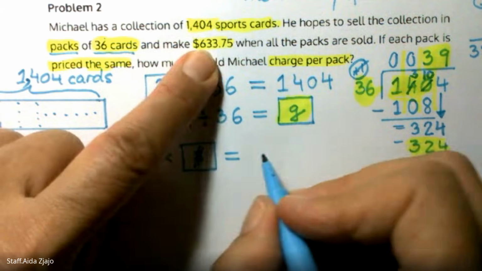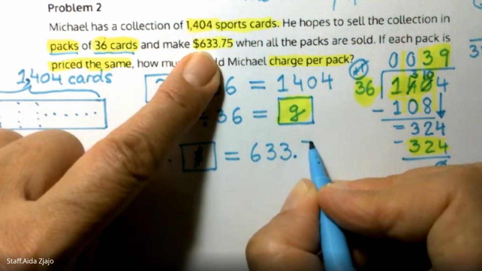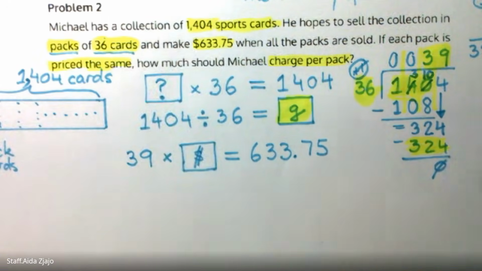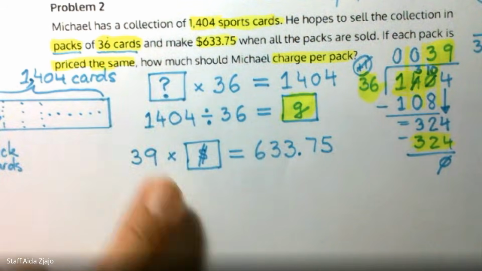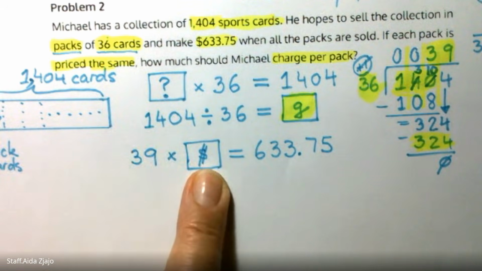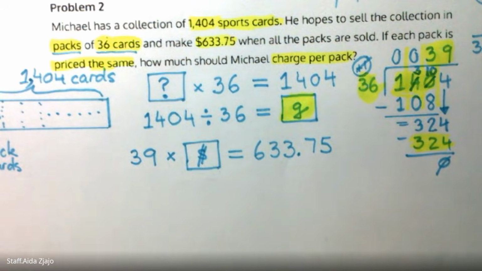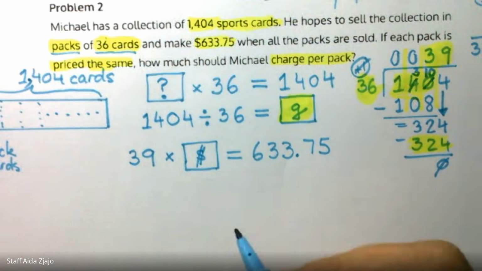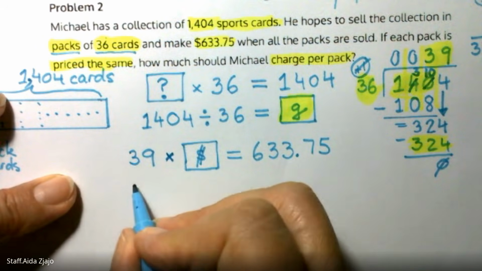Must equal, he wants to make $633.75. This is group size unknown, and this is the size of a group that we don't know. We don't know how much he will charge per one group of the cards. So what we need to do, if this is multiplication, we're going to divide